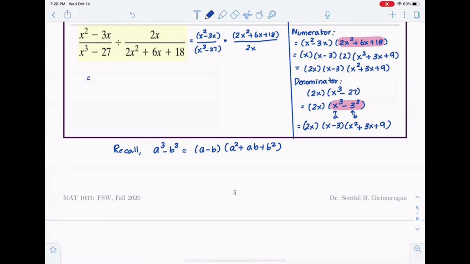So the numerator is 2x times x minus 3 times x squared plus 3x plus 9. The denominator is 2x times x minus 3 times x squared plus 3x plus 9. They are the same terms, so they would get cancelled, and the answer